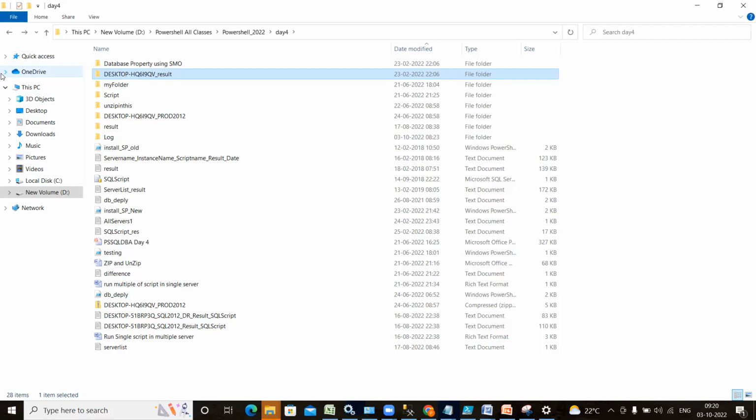Before, our log file name was written fixed like this. But in real time, if I am running any script on any server and I am finding the result, it automatically has to pick up that server name, or somebody is giving you like 100 scripts and 100